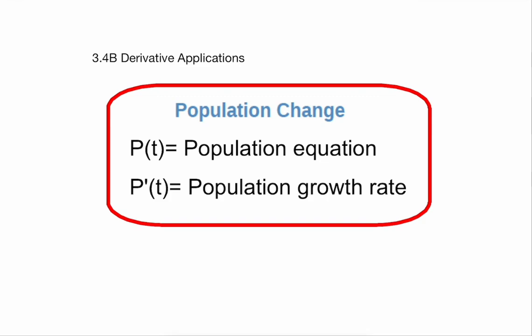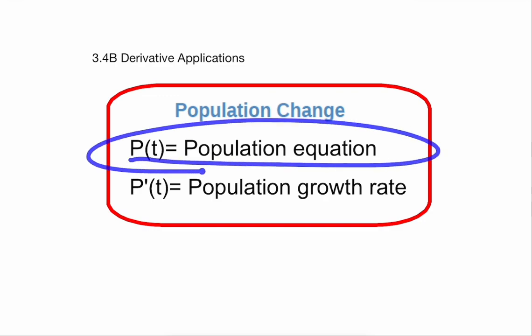Okay, so 3.4 is about derivatives as a rate of change. Now, there's lots of applications for that, many of which we saw yesterday, the physics applications. But if we think about something like population growth, now we're talking populations of people, of any biological creature, of bacteria, of viruses, of anything of that sort. If we have an equation for the population, how that particular population is growing, many times they are exponential, but